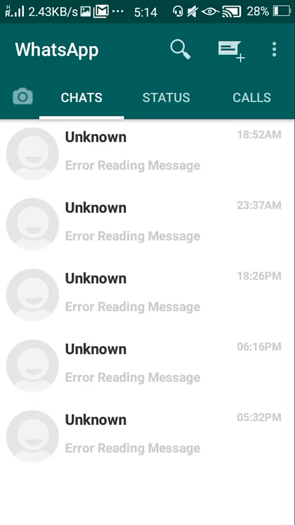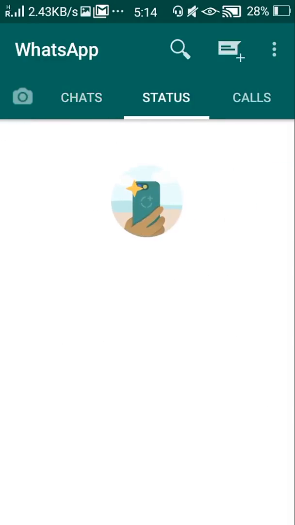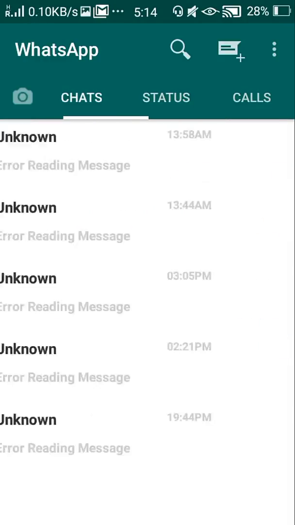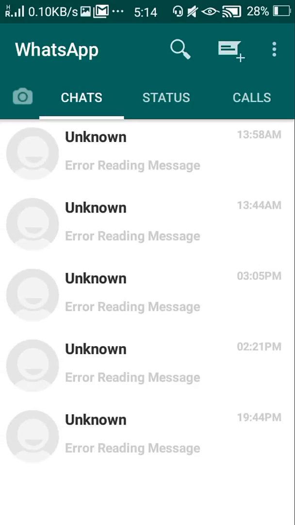And now if you enter into your WhatsApp, it will not show anything. All your chats, status and calls are hidden. And now what you want to do is click on this new chat icon 3 times continuously,